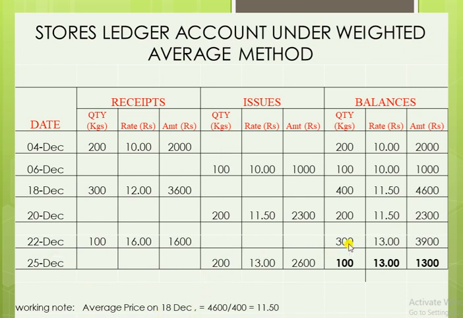Now quantity minus quantity, that is 300 minus 200, it is 100. The 13 rate stays as it is, and 3900 minus 2600 is 1300. So this is units minus units and amount minus amount. Here also the remaining quantity is 100 kgs. The amount may vary and the rate may vary, but the remaining quantity will not vary whatever method we follow, whether weighted average, simple average, LIFO or FIFO. The units or the quantity will not change.